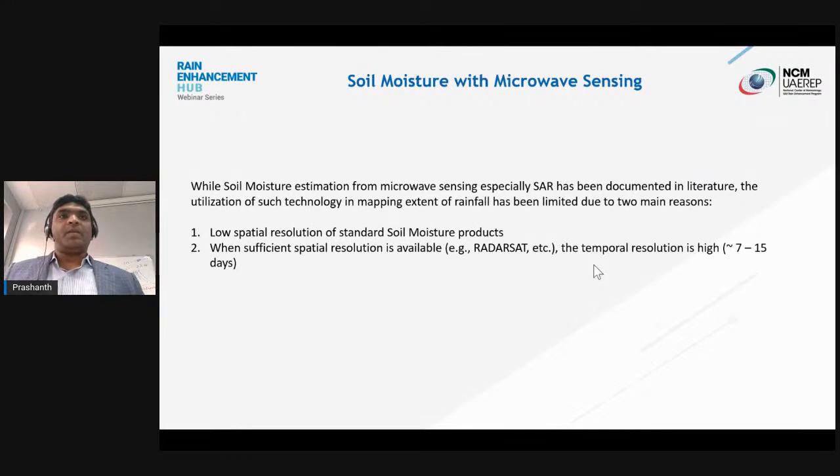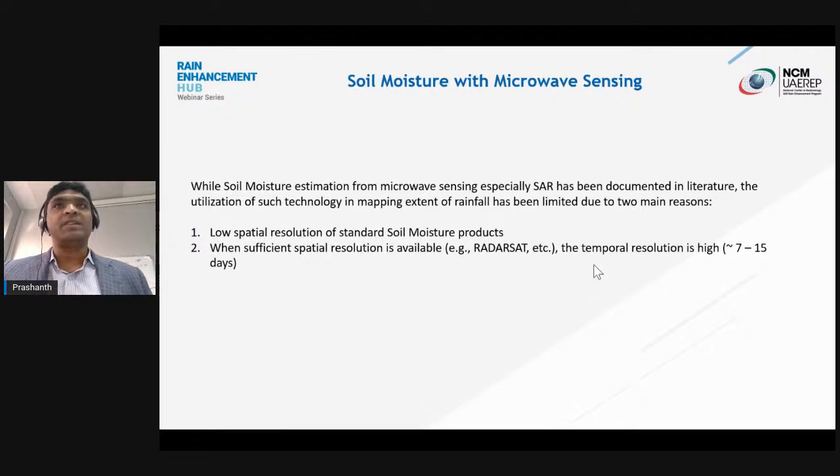So this has been studied a lot in literature, actually. Over the last 2 decades, soil moisture estimation from microwave sensing, especially SAR, has been documented with high accuracy. But the utilization of such technology in mapping extent of rainfall has been limited till now, largely because